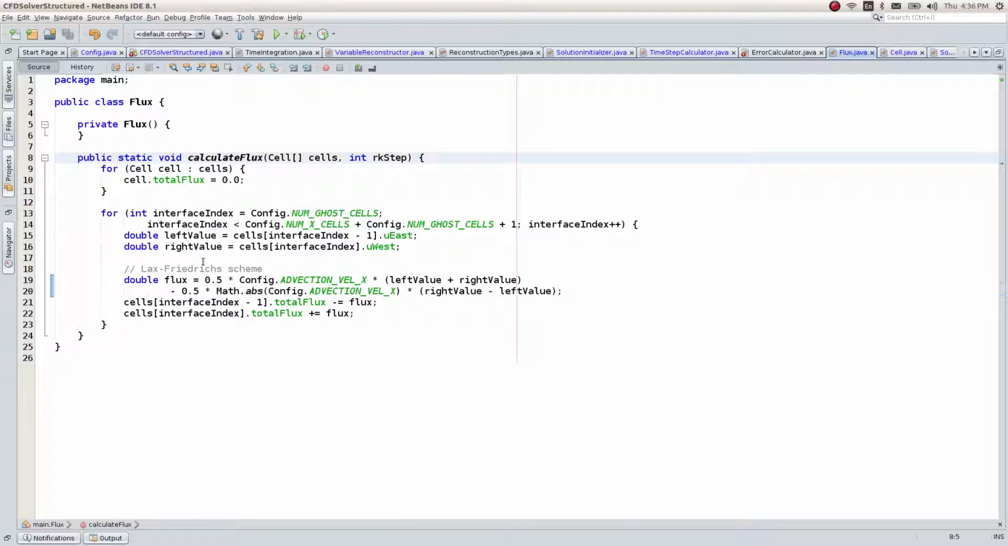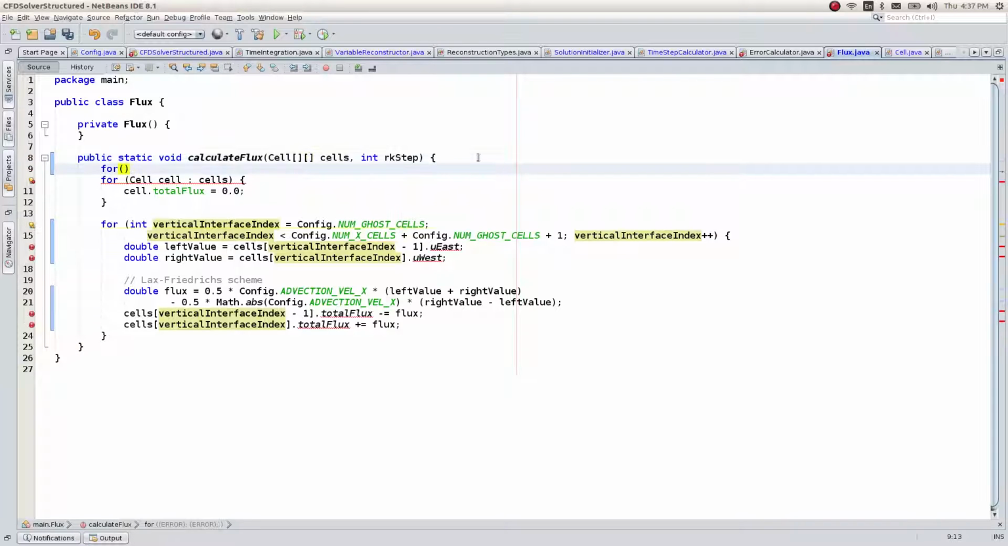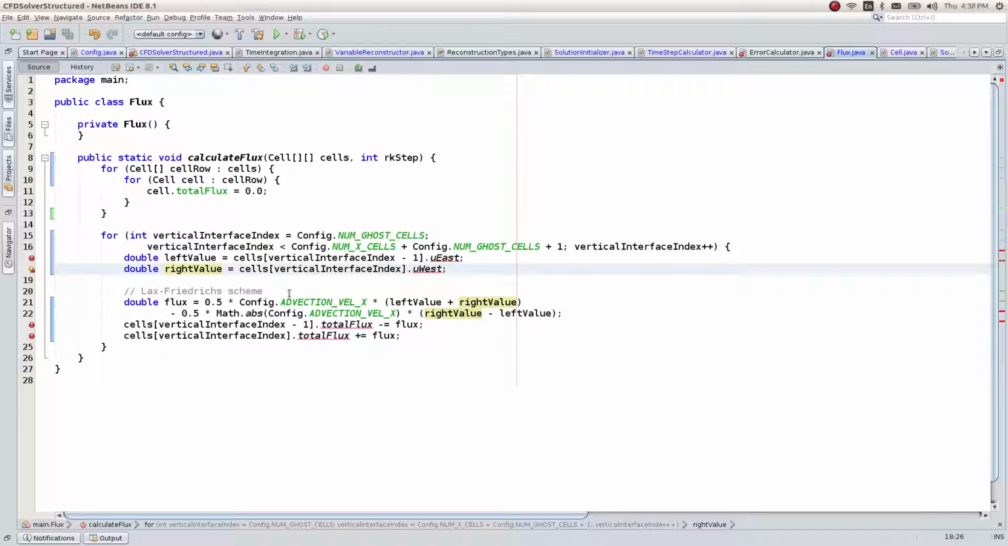Now let me modify the calculate flux. Here when calculating flux, we have 4 faces now: the left face, right face, top face and the bottom face. So to do that, we will first traverse through all the vertical edges, and then we will be traversing through all the horizontal edges. Now traversing through vertical edges is very identical to what we have done in case of 1D,